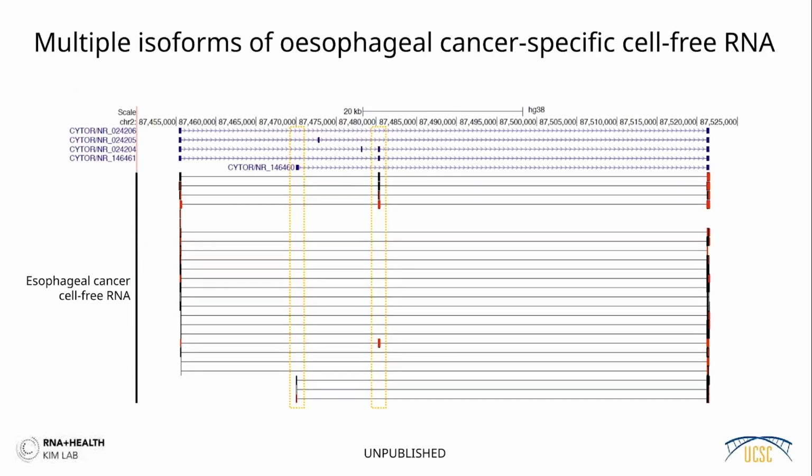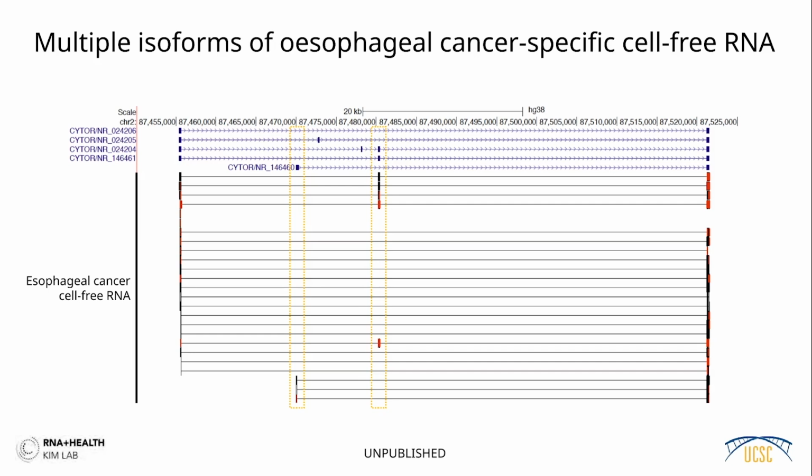And so just to give you a sense of what this esophageal cancer cell-free RNA data look like, here what I'm showing you on the top is the annotated long non-coding RNA, CITOR's genome annotation for their different transcripts. And so what you can see is that there are 5 different isoforms that are characterized in the human genome. And if you look at the cell-free RNA from esophageal cancer, again, this is full-length cDNA coming from these blood samples. You can see that there are multiple isoforms of this cell-free RNA that are present in a